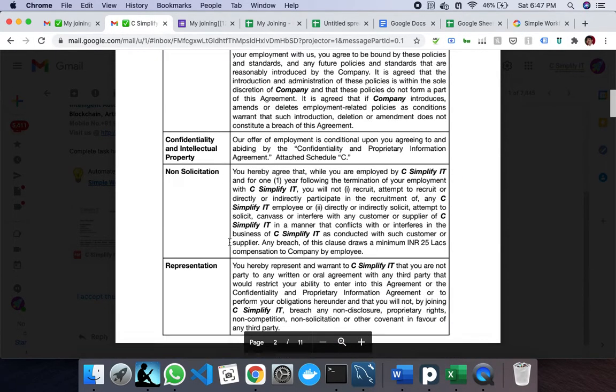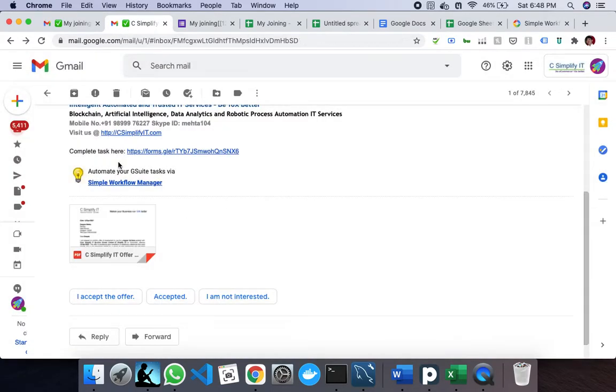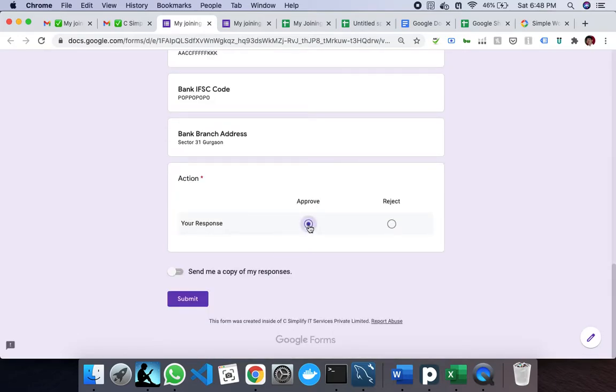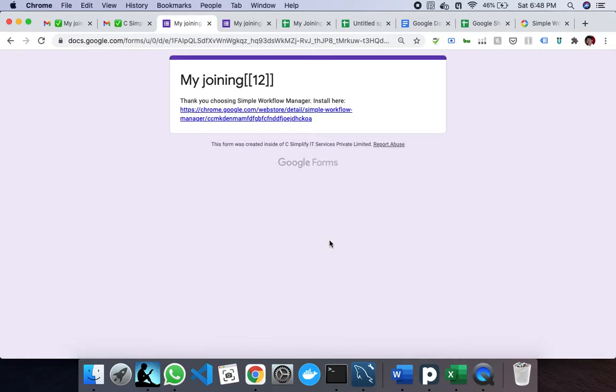Every piece of information is dynamically populated into it, and once I have seen it, I can also go to the form as a manager and say okay, everything looks fine, we can release the offer letter to the candidate for acceptance, and I press submit.